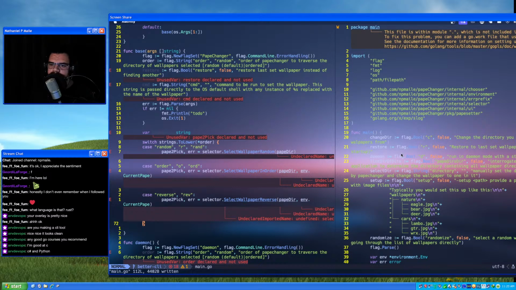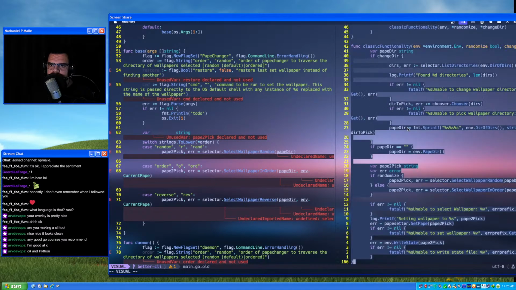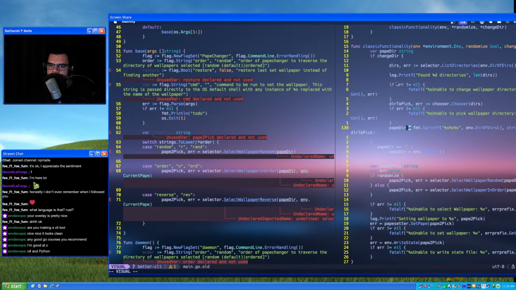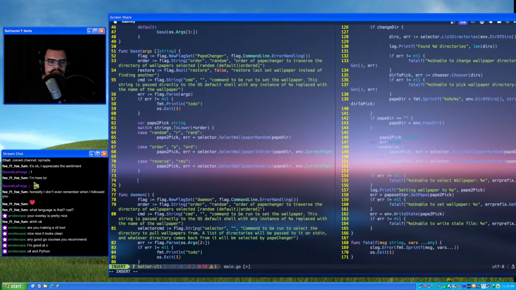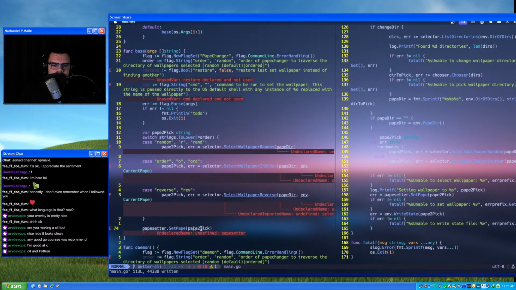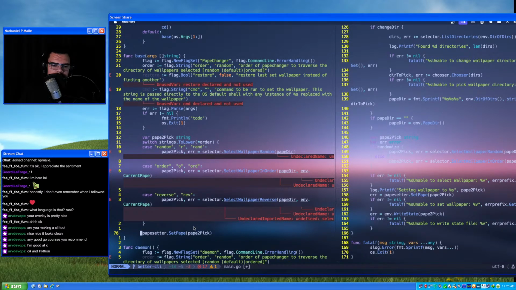Undeclared name, we'll get to that later. So then let's see what else is in here. Don't need that. Error equals nil, unable to select wallpaper, setting wallpaper to whatever. And then papeSetter.SetPape(papeToPick). So that'll work. That's fantastic. Let's add that import.